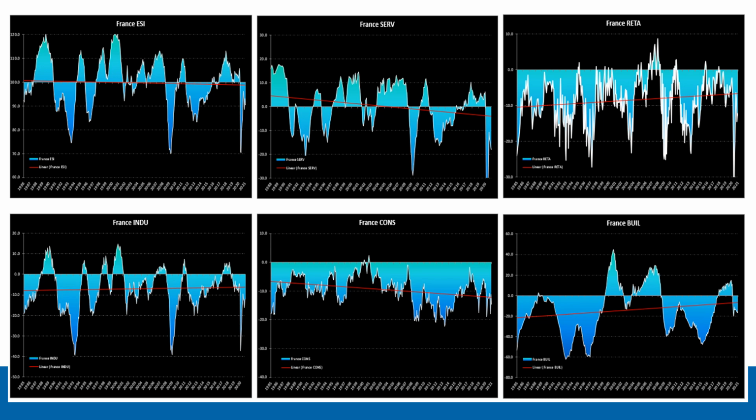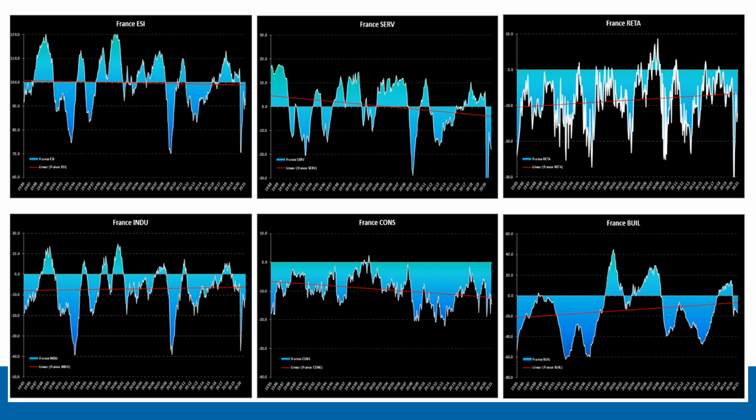If we look at the French service sector, so in the top middle portion of the screen, you'll see a similar situation, but we're actually moving from positive to negative. So positive sentiment to negative sentiment on average over 35 years. You can see coming out of the financial crisis, there was a very sharp recovery in the French services sector, but it didn't last long. And then we went into that lull period of 2011 to 2015, 2016. And then we had a positive period, 16 to 20, and then went negative again.